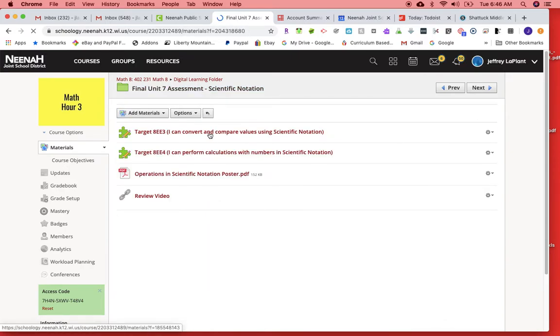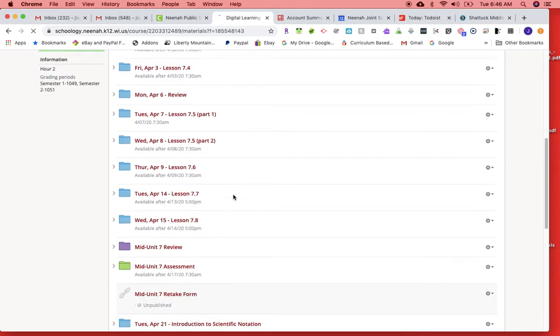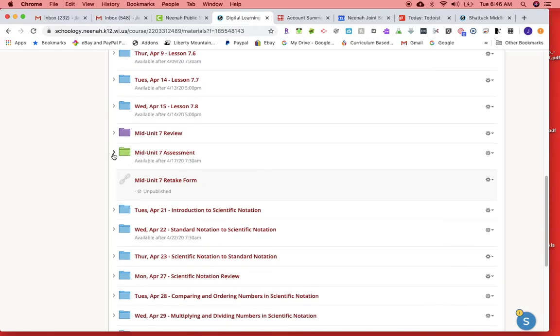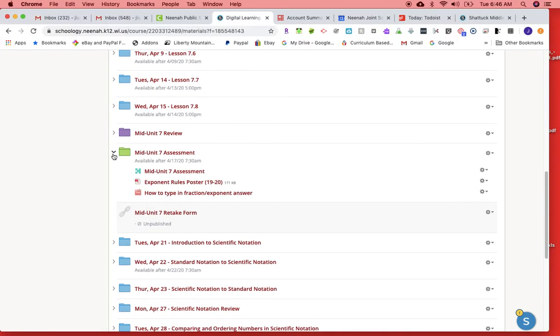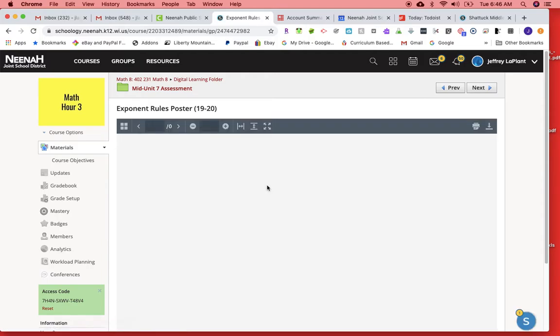That will be helpful. One other place that I want to show you: I want to go back to the Digital Learning folder, and we go down to this mid-Unit 7 assessment. We already took this assessment. You open this up, and then there's this exponent rules poster. This would be helpful as well. I encourage you to have this tab open,